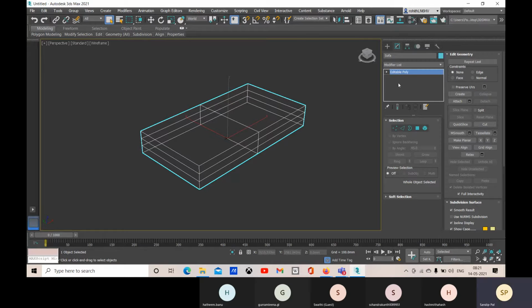So this is the polygon modeling process or poly modeling process. With the help of this, you can convert your normal primitives into a different model. Suppose I'm going to convert this box into a sofa. So like that, you can do it. So any kind of model you can create with this poly modeling.